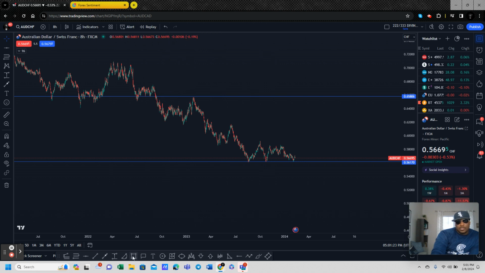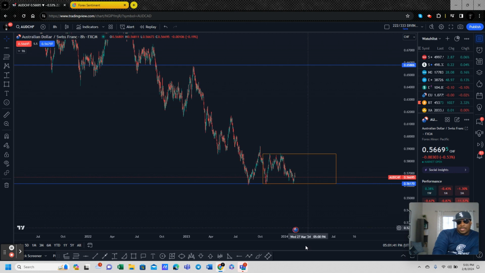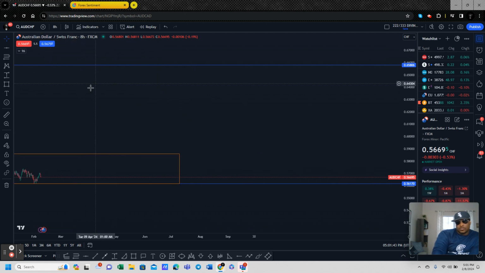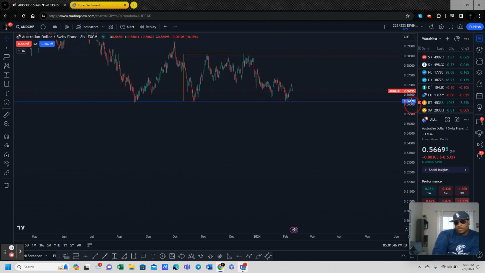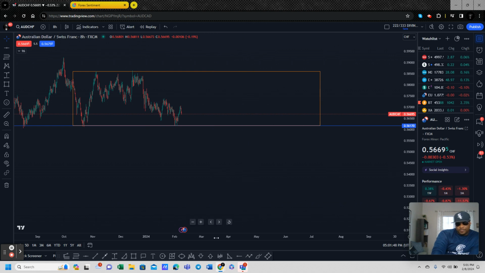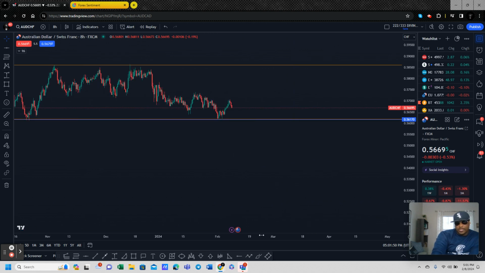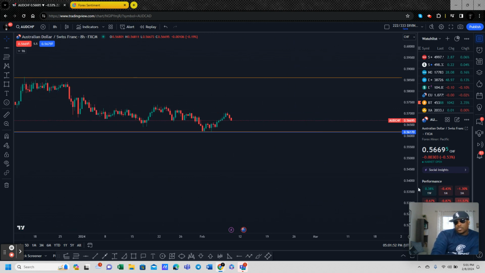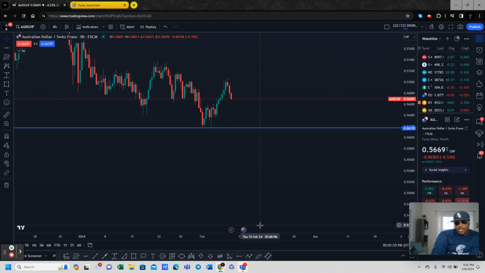But once again, I draw a box, this little region here, and this is what I'm dealing with. I just need to see price break out of this box, hold it, confirm it, and see if we get the true price movement that we're looking for. Now I can come in here and I can trade this. I'm not going to trade it right now because we're at a pivotal moment of market changeover. Spreads are going to be stupid crazy. But if this was earlier in the day and I saw this,